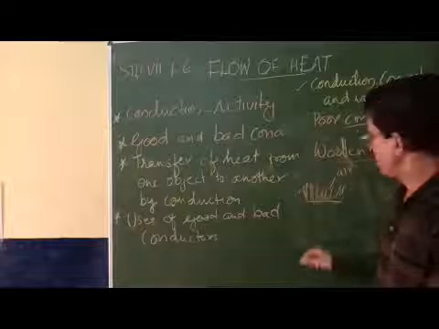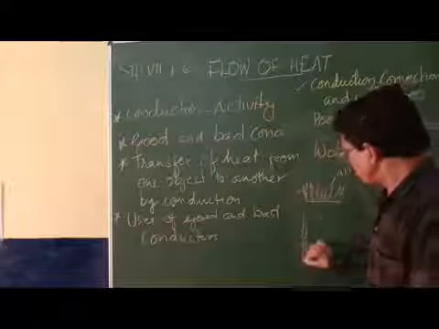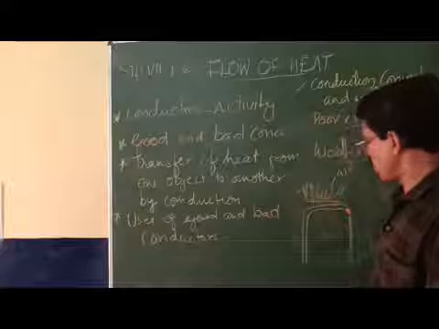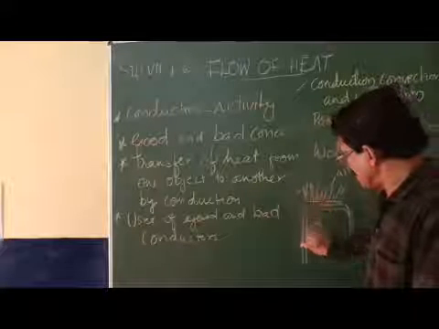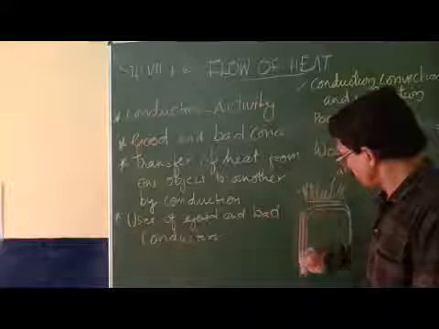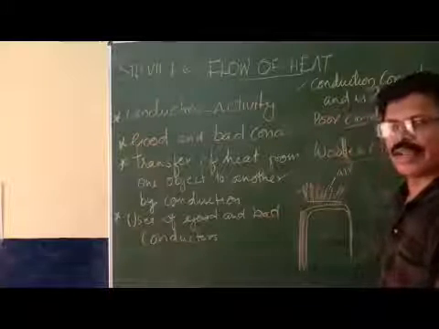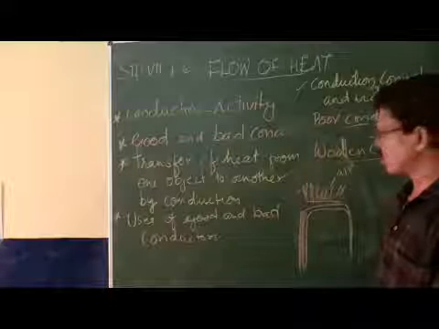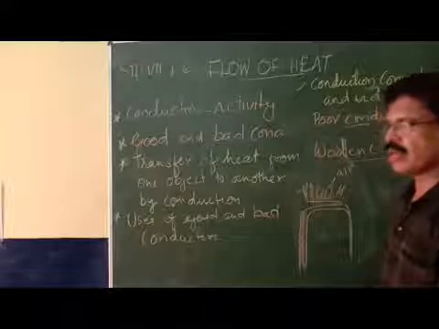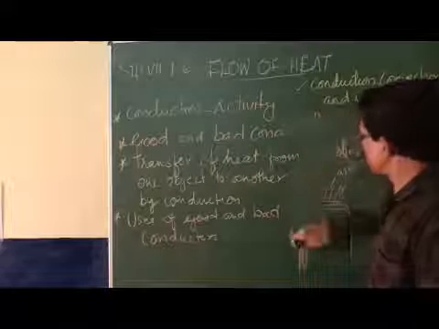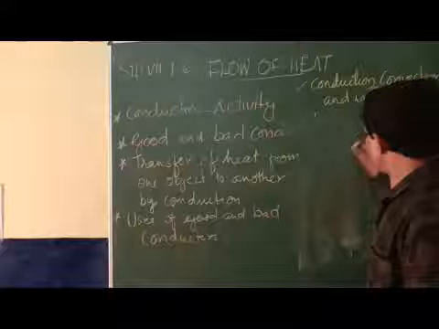Again another example, two layers of woolen cloth. Usually here two layers of the cloth, with air between the two layers. Since air is a bad conductor of heat, it prevents the loss of heat from our body. So these are the various examples of poor conductors being utilized in our day-to-day life.